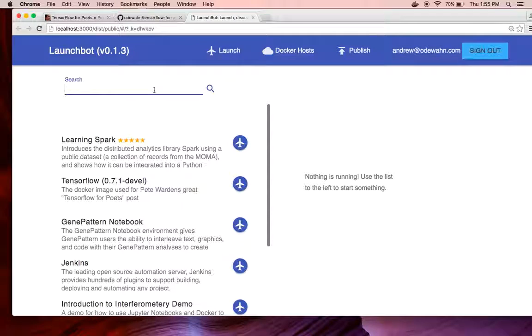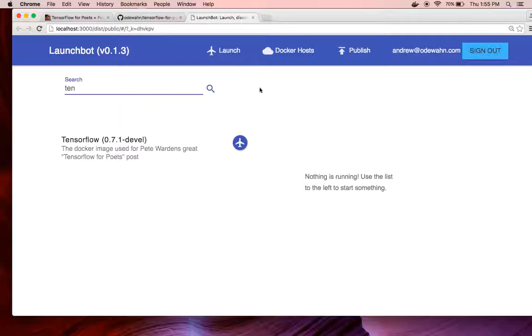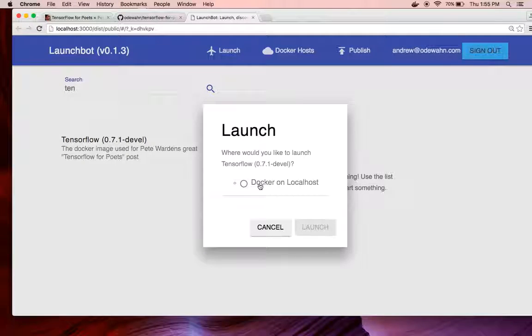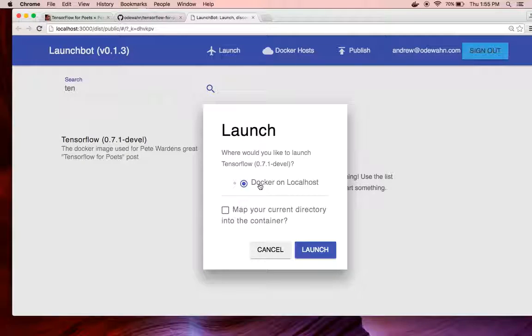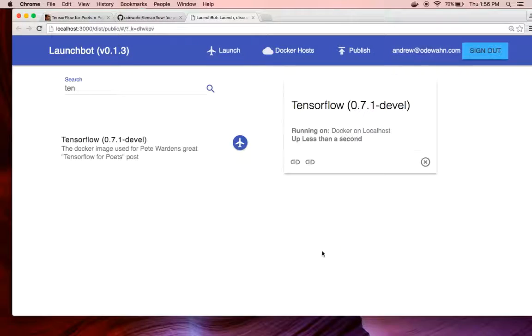So now once LaunchBot starts, I can say I want the TensorFlow image, and I want to use the Docker for Mac beta on my localhost, and I want to map my directory where I just downloaded the TensorFlow for Poets repo. I want to map that into the container and make it be the working directory. So I hit launch, and now here is my container running, and I can click the link to open the